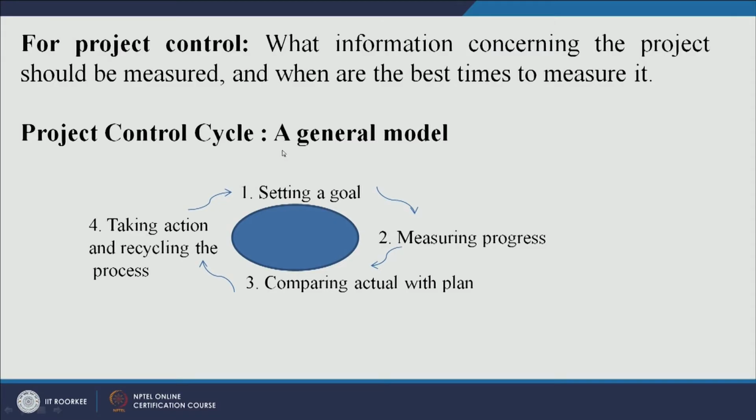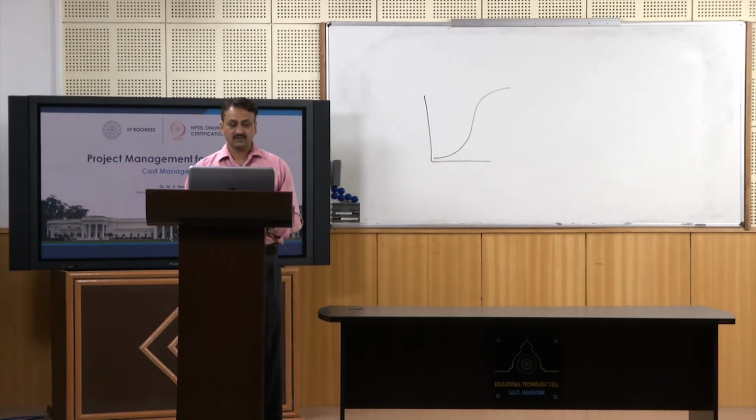A very old method of controlling any project is nothing but PDCA: plan, do, check and act. The PDCA cycle. So, this is very similar to that. There is a project control cycle, and this is quite a generalized model to measure performance of a project. First of all, we set different goals, that we have to achieve this much profit, or we have to achieve this much